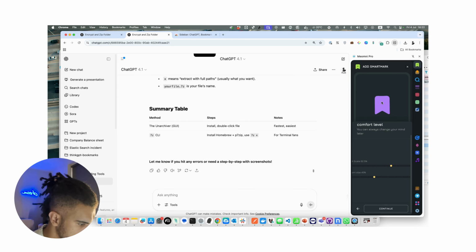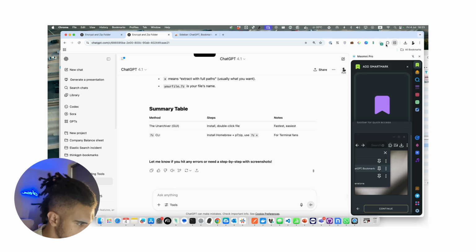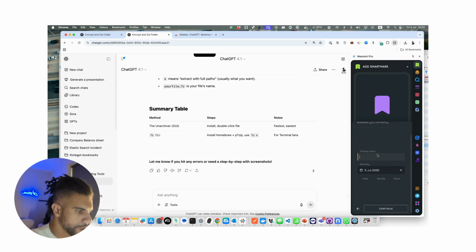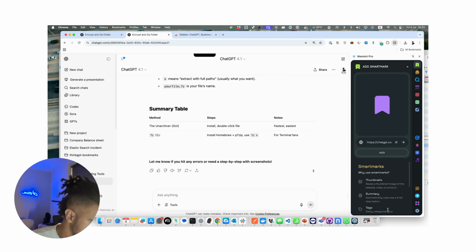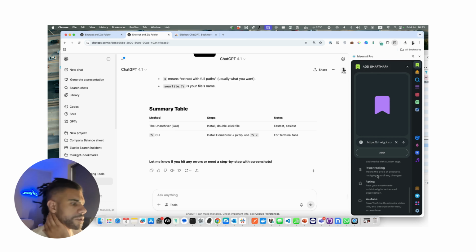Maybe bookmark, continue, continue. So here it is telling you how to pin it, which we already did. Continue. Oh, okay. So is that it? Okay, let me just put anything here. Close. Okay. So it adds